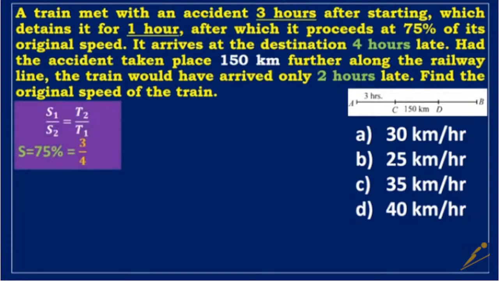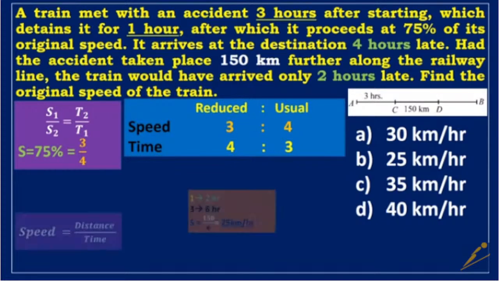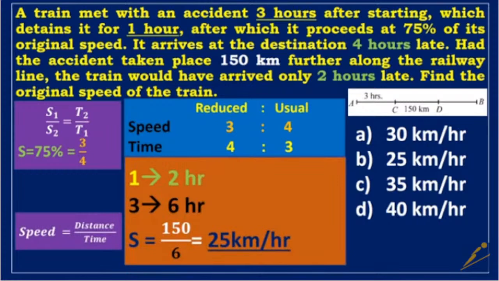However, speed is inversely proportional to time. The ratio of the time taken by the train after the accident to the usual time is then 4 to 3. In this case, the time difference is 1. The difference between 4 and 2 hours is the actual time required to travel the distance, which is 2 hours. As a result, 1 denotes